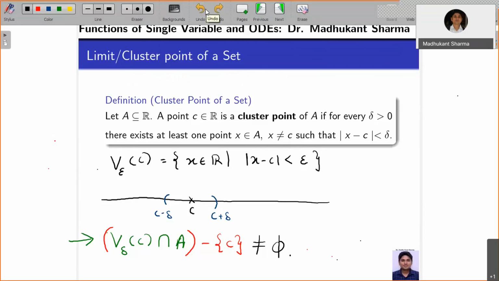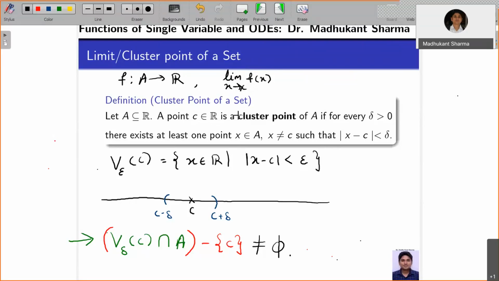So now we are in a position to define the limit of a function, by which we mean we have been given a real valued function defined on the set A, whose range is in R. Then we want to decide when the limit as x tends to c of f of x will exist. And we will also look at what that means geometrically. Right. So before giving a meaningful name to this, we are first going to define the cluster